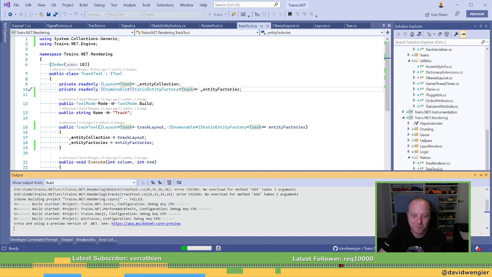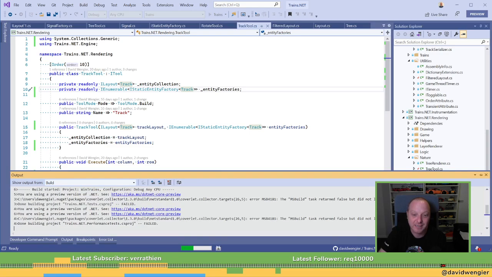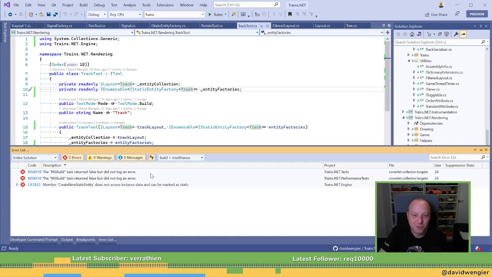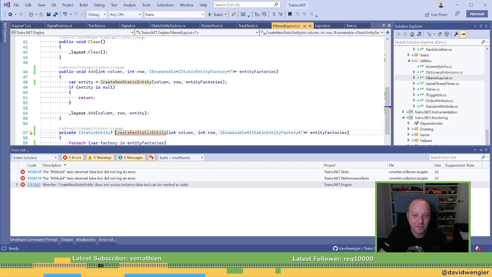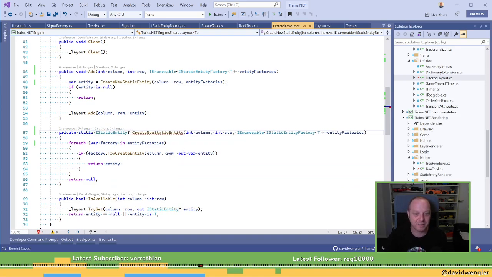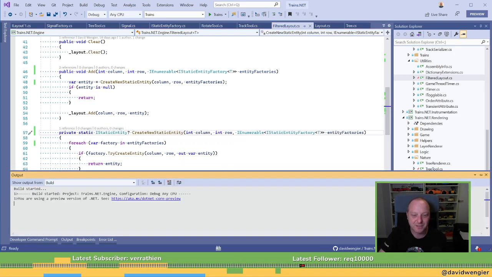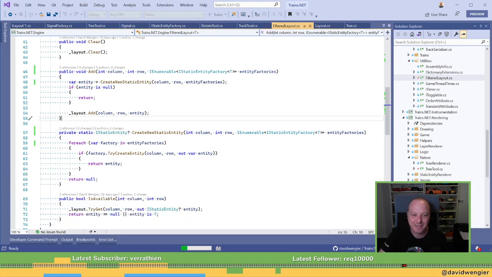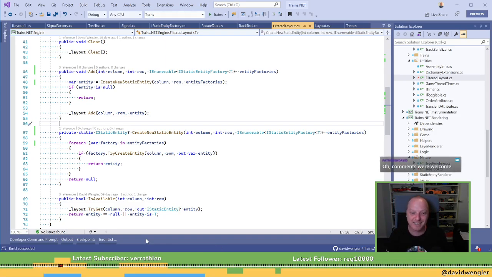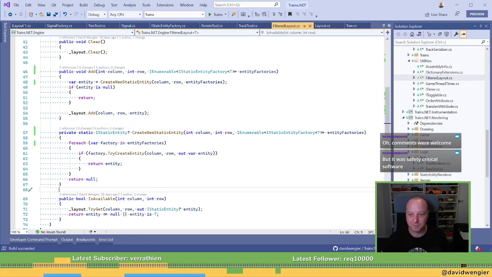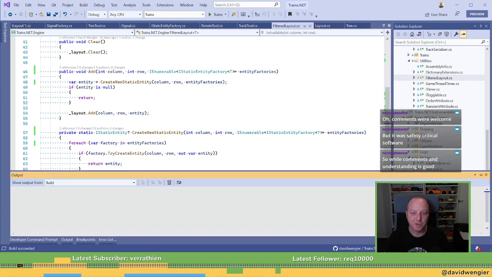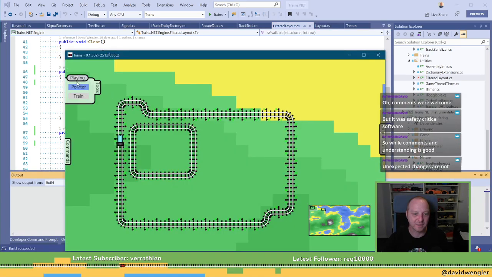Wasn't allowed to go back and add comments. Wow, that sounds scary. I am a huge proponent of comments, and I have been asked to remove comments in PRs, saying this adds no value, and my reply is always like, excuse me, as a new person to this code, this absolutely adds value. Comments were welcome. Oh yeah, right. So unnecessary changes, yeah, that's tough. That's tough.